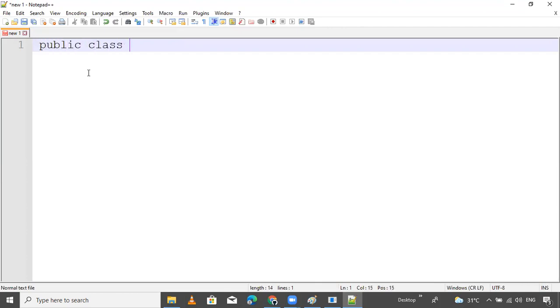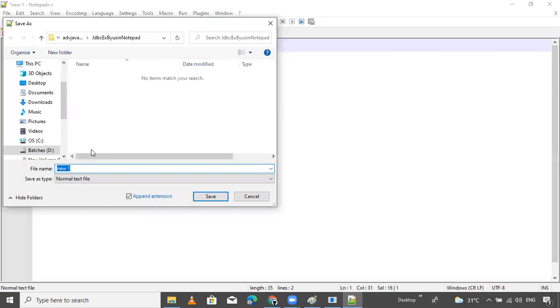So now create a class, public class InsertNumberOfRecord. That's it. Now save this file as .java, in the advanced Java folder, JDBC example.